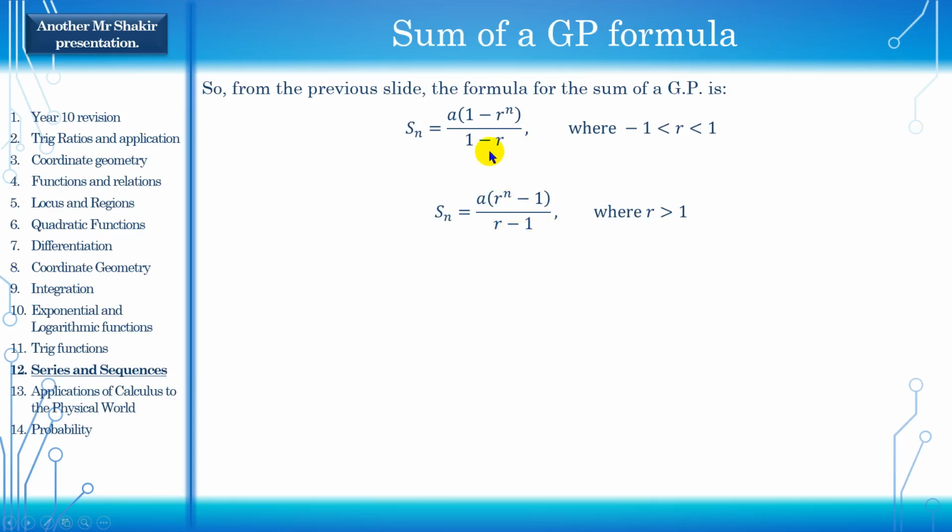But if r is more than 1 over here, the bottom will be negative, the denominator will be negative, and that causes a few issues. So just to avoid any silly mistakes, we just write it like this. They're both the same thing. All that's really been done is the top and the bottom both have been multiplied by negative 1, which doesn't